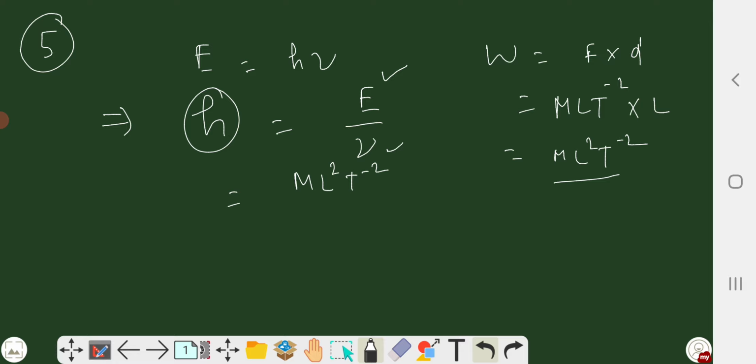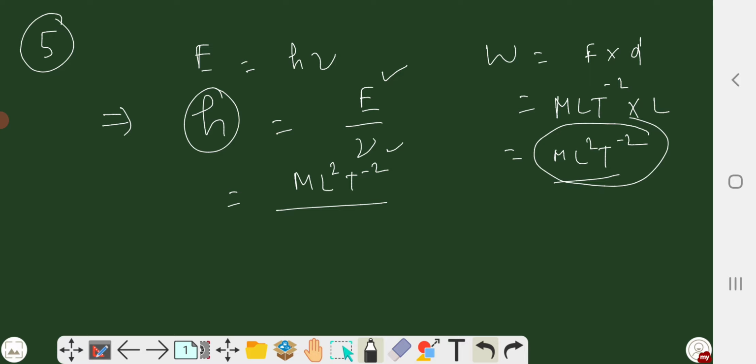You can use any formula of energy, but each time you will be getting the dimensional formula ML square T minus 2. But the fact is that you have to use a formula which is very simple in nature, from where you can easily connect the basic quantities, like M, L, T, Kelvin and so on, the 7 basic quantities. So E has the formula ML square T minus 2.